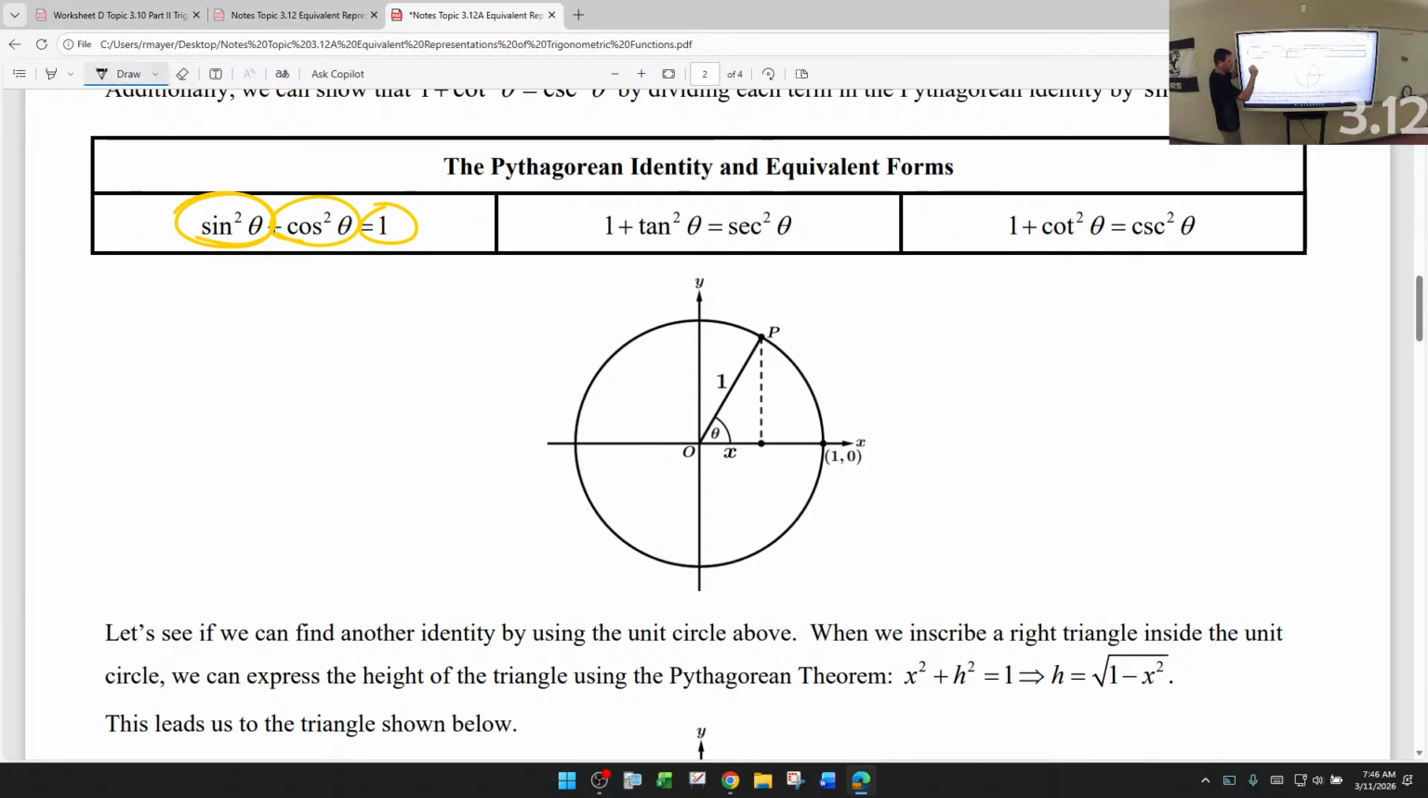So I'm going to go with sine squared. Let me abbreviate just a little bit. Sine squared plus cosine squared equals 1. Y'all go ahead and just go with me on that. I'm going to divide everything by sine squared. I'm getting ready to divide everything by cosine squared also. So if I divide everything by sine squared,